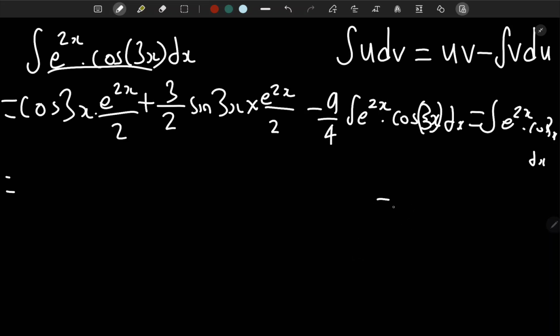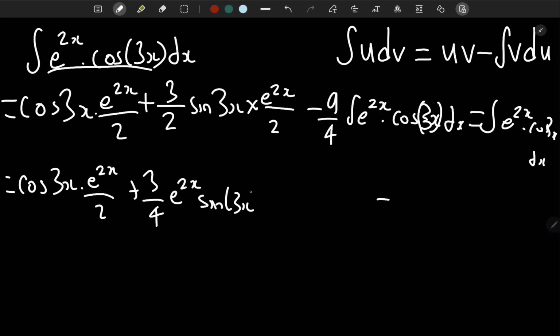So let me rewrite this entire thing. It's going to be cosine 3x multiplied by e to the power of 2x over 2. And here I'm going to merge these fractions. So it's going to become 3 over 4 e to the power of 2x sine 3x minus 9 over 4 integration of e to the power of 2x times cosine 3x dx is equal to this over here,